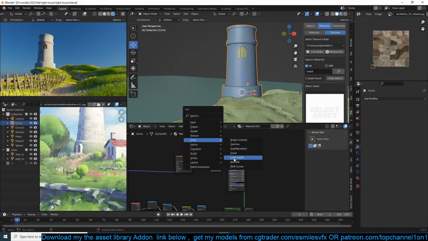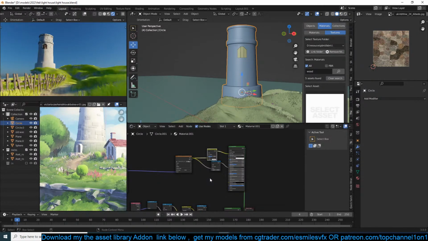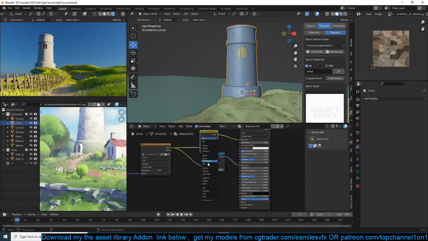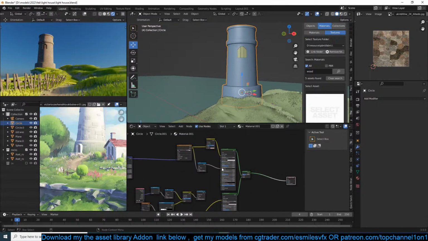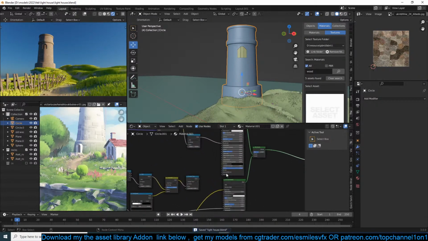And we can add mix RGB here. Let me use overlay, change the color of the rock a bit. Now we can blend these two rock surfaces and just use this mask we created to determine the parts that are going to be